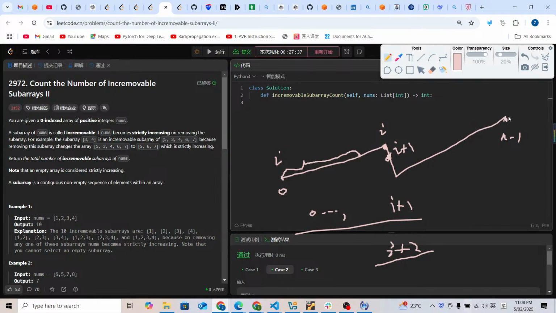So what about we just count from the right side? What we left behind is n minus 1. So this means we're gonna remove from n minus 2 to maybe I plus 1. We're gonna remove this part in the middle. After removal, it's gonna be strictly increasing